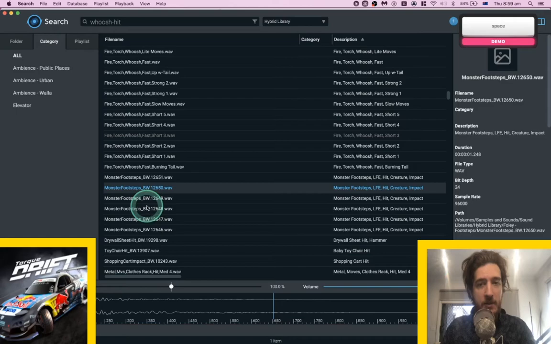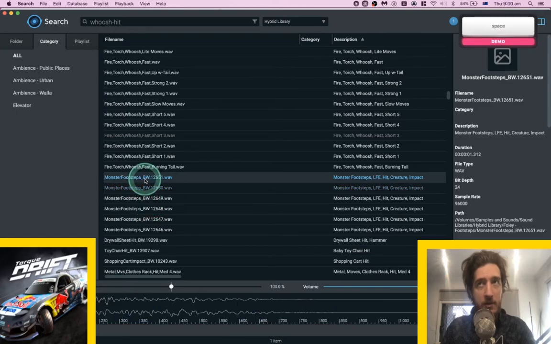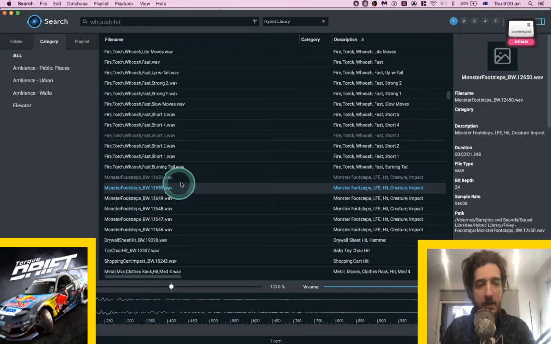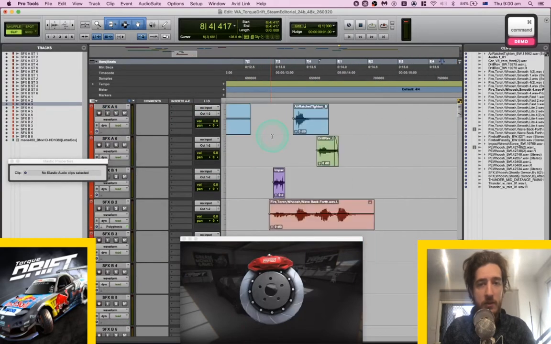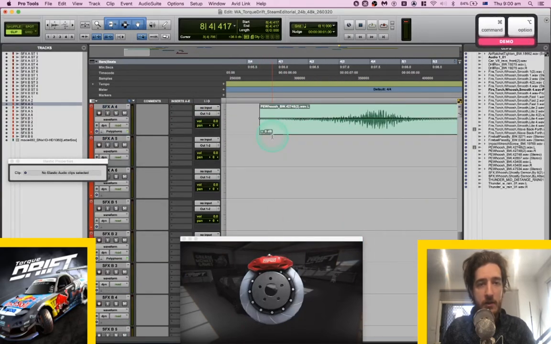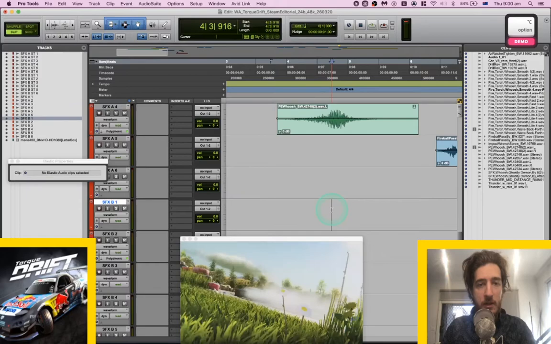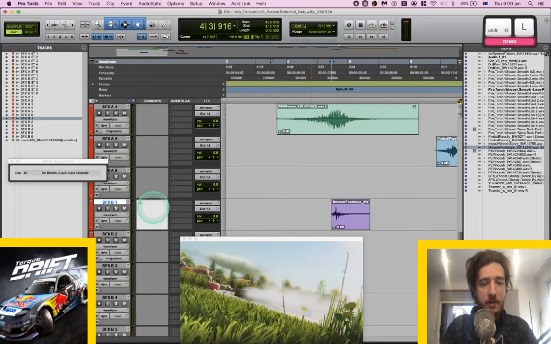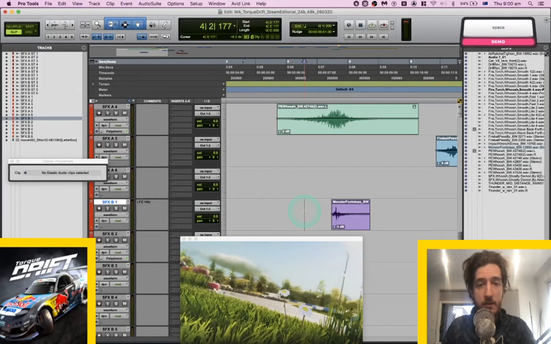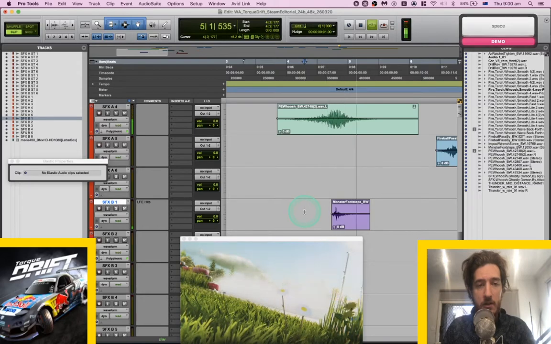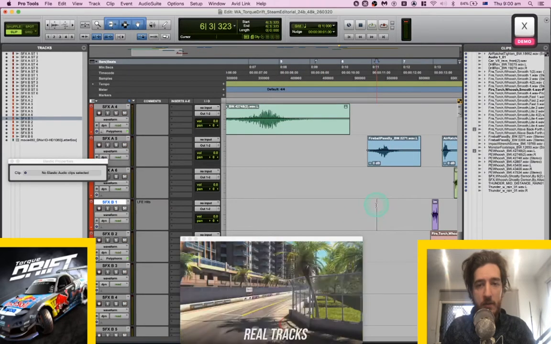Monster footsteps. Oh, I actually think those might be cool to underline some of those cuts. We'll do them in the B's. LFE hits. I think that one's probably not going to work.